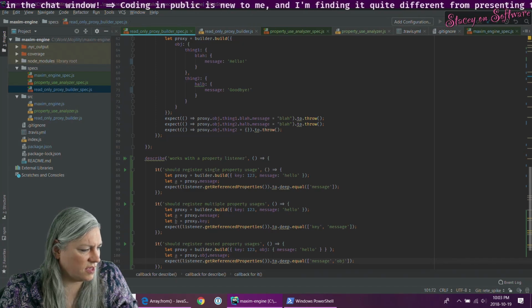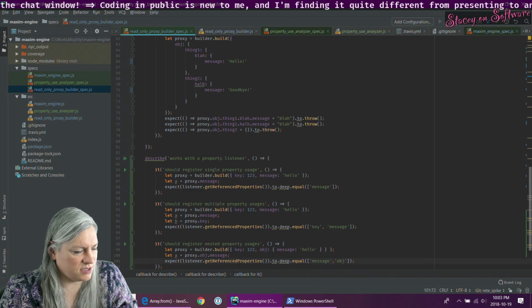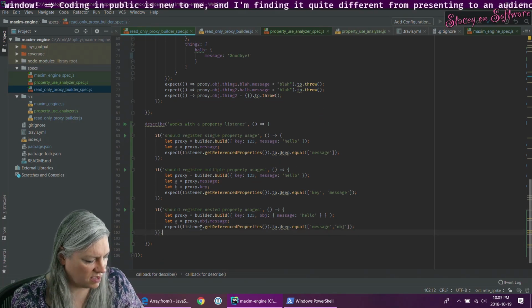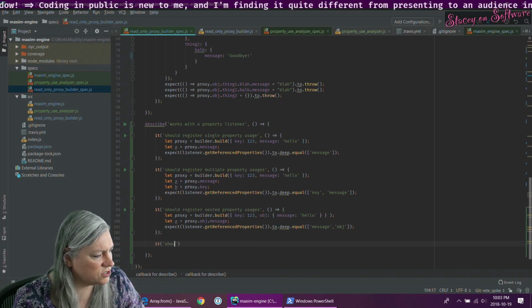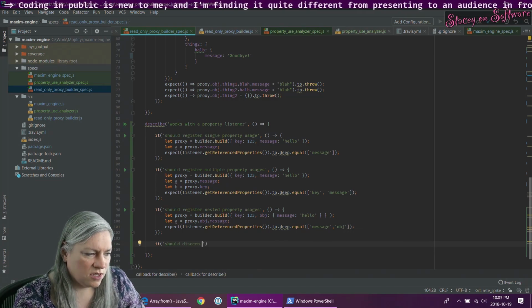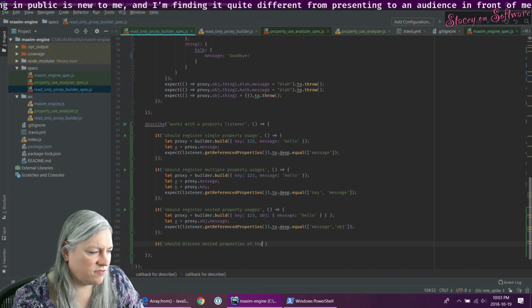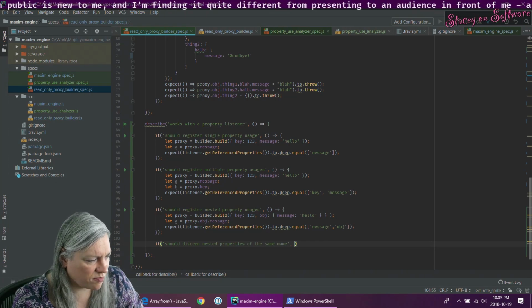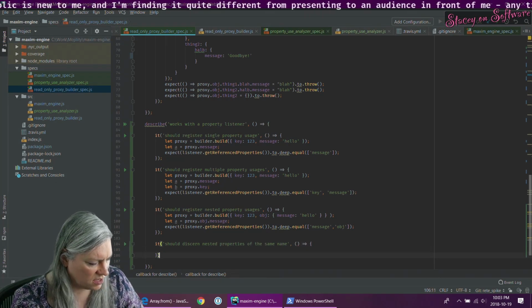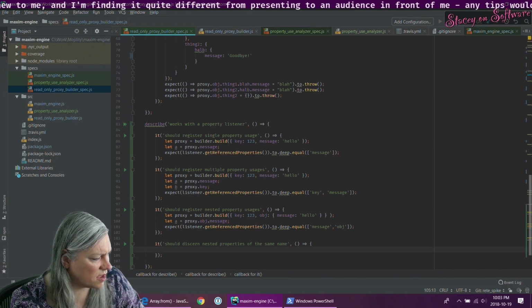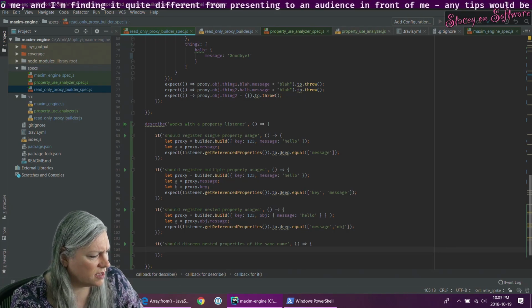So if I had several different circumstances, so let me see. It should discern nested properties of the same name, I guess. I don't know, I should probably make a better name for this later. And I feel like I'm about to fall into the bucket because it's getting late tonight. I may pick this up tomorrow.